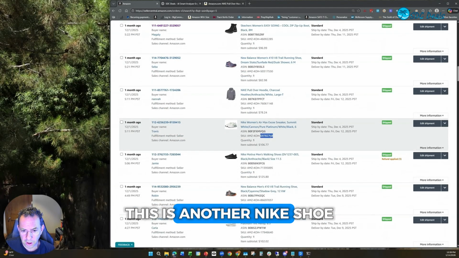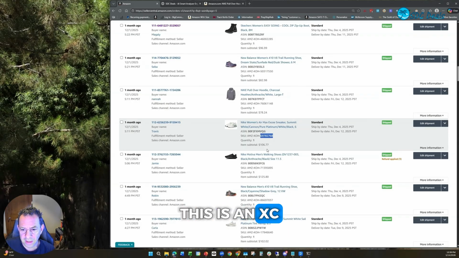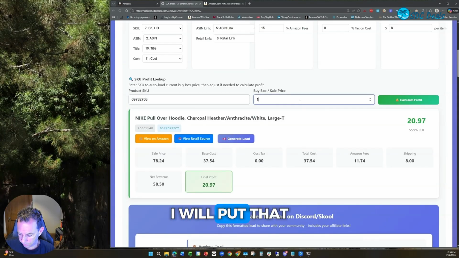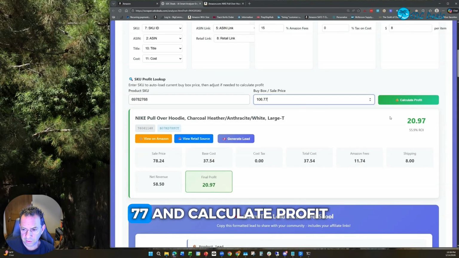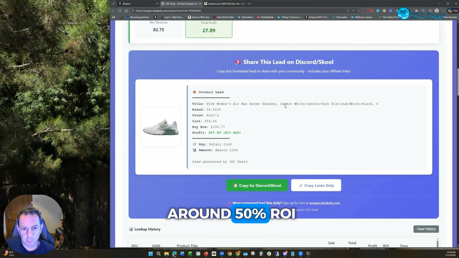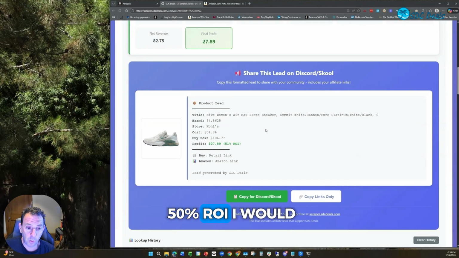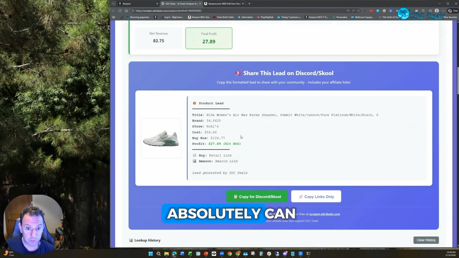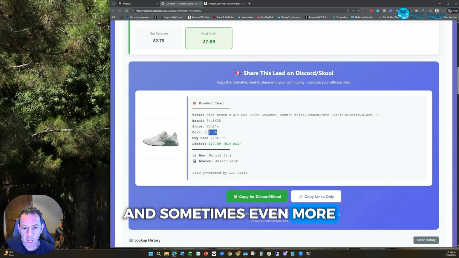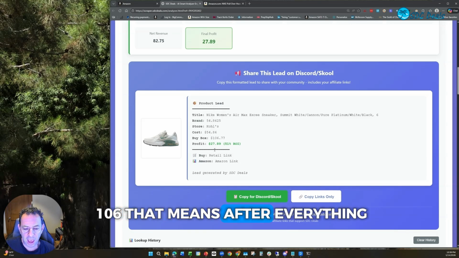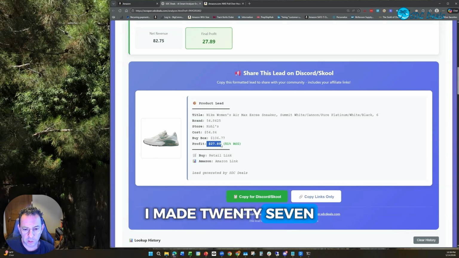This is another Nike shoe. This is an XE and sold for $106.77. I will put that in here, 77, and calculate profit. This one, again, right around 50% ROI. If I could get 50% ROI, I would take that all day long. And in Q4, you absolutely can, and sometimes even more. My buy cost was $54 on this one. The buy box was $106. That means after everything, I made $27.89,